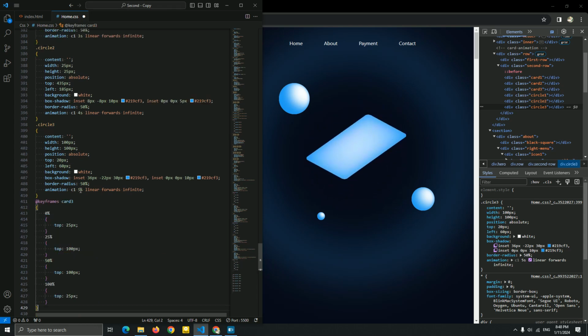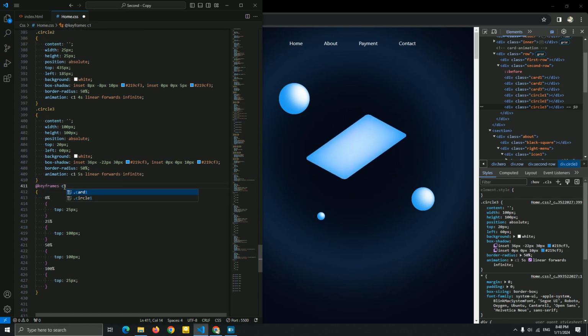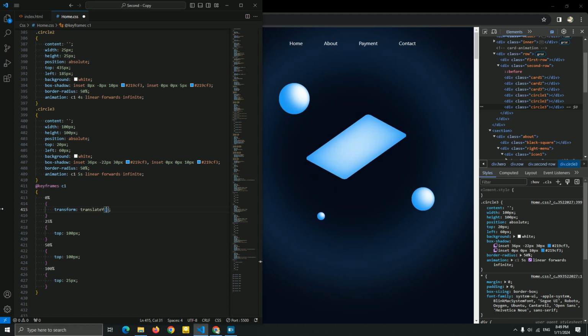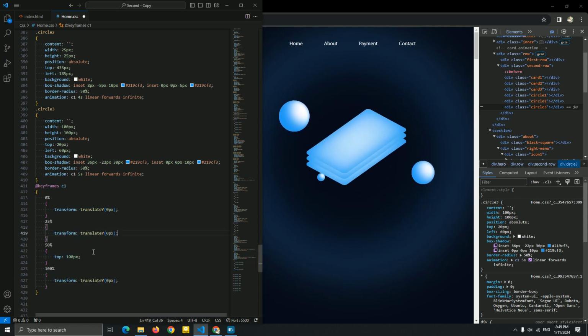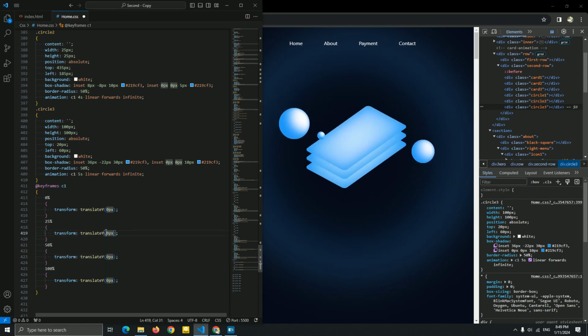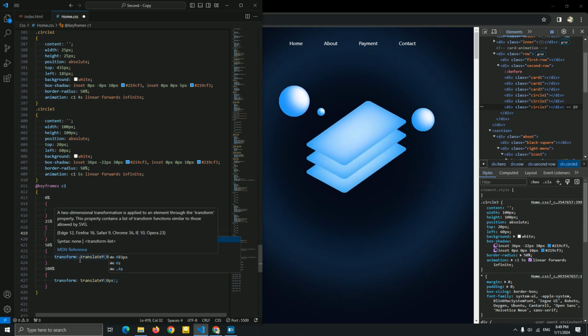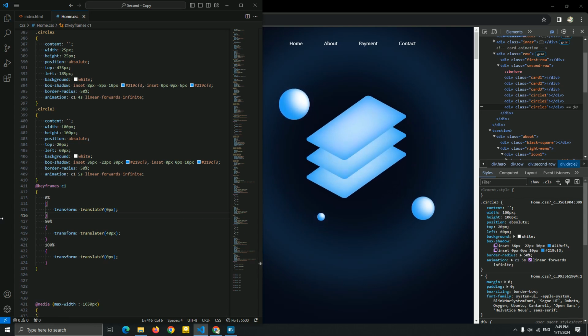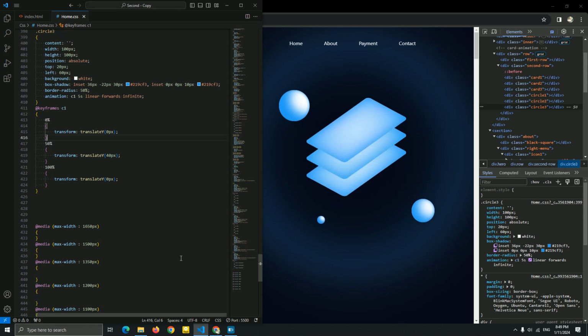So for this animation of the circle, just like I said, I'm gonna add a simple animation. I'm gonna add a transform. So as a default, we have a 0 pixel for this transform translate y 0 pixel. I'm gonna add this for this 100%, guys. And now for this 50%, let me see, I'm gonna add 40 pixel. Let me just delete this. Yep, we just created this animation of the circle, and yep. So guys, this is our homepage. We just style it, and for this media, I'm gonna style it in the last of the video.